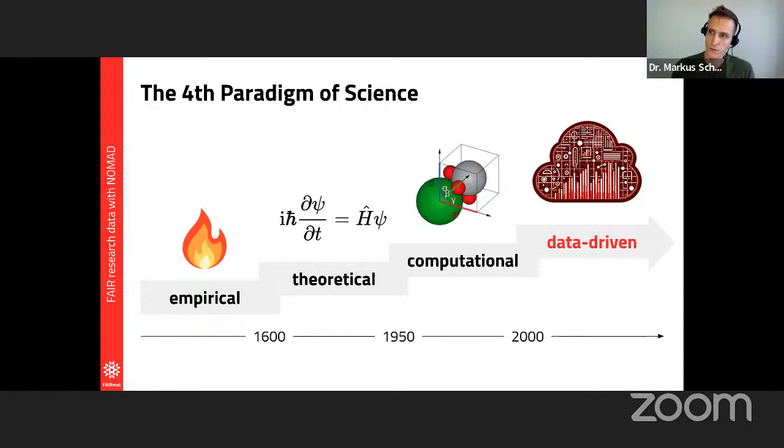And then if you take the computer into the equation, you can take these models and basically make predictions. So this is where the computational paradigm comes into play, and we start to simulate materials. Or if we look at microscopy pictures and stuff like this, it's usually some sensor data that is then augmented with a model that makes it possible for us to see things that are not really visible by the naked eye otherwise. And through this computational paradigm in the last, let's say, 50 years, we already accrued lots of